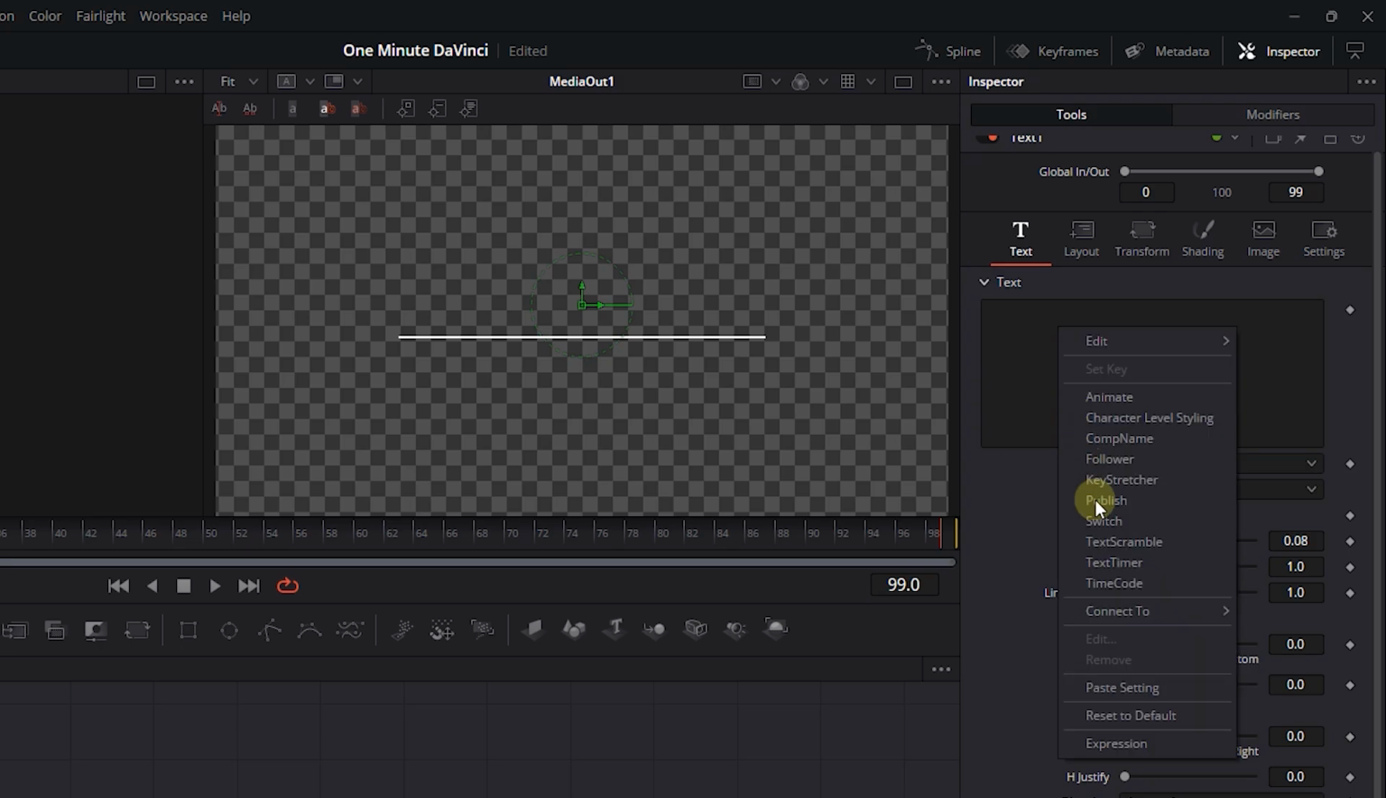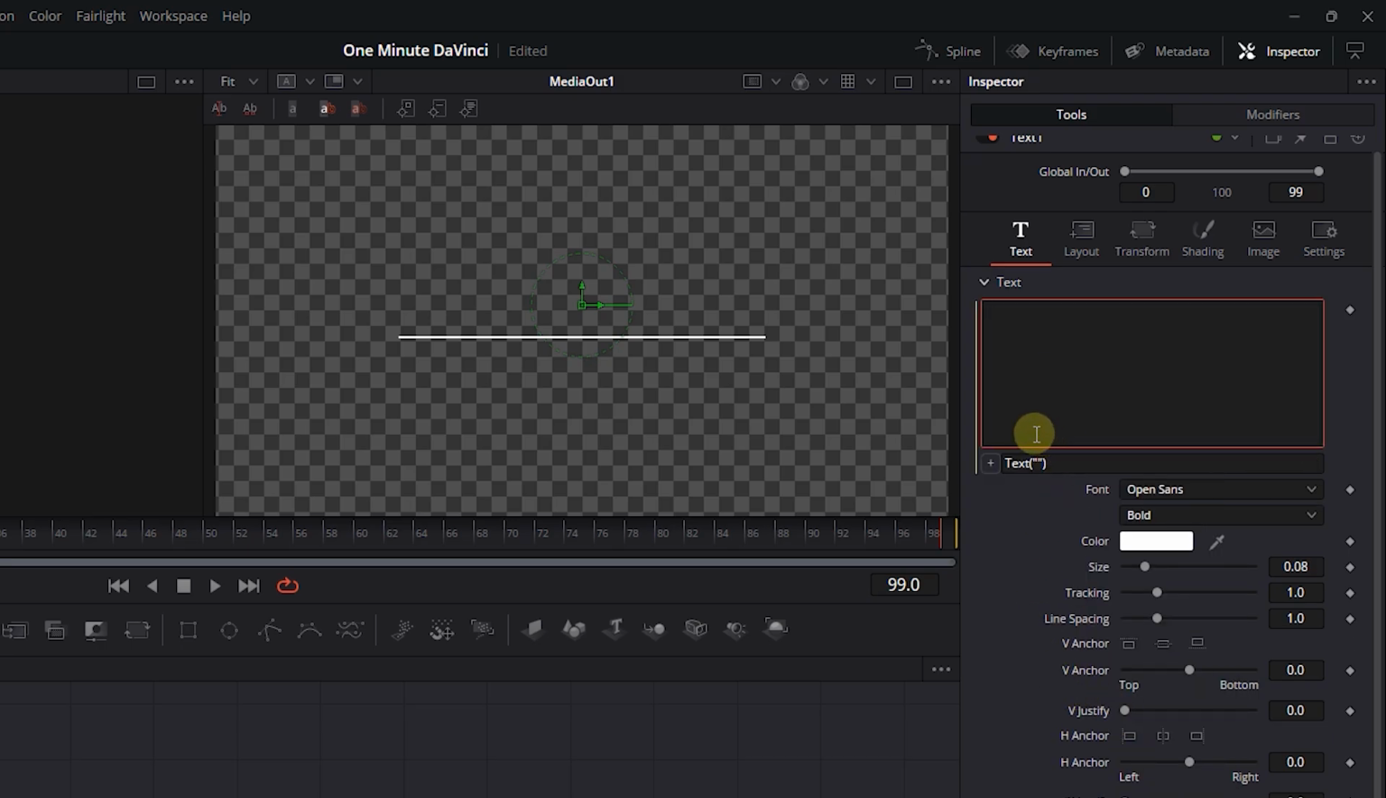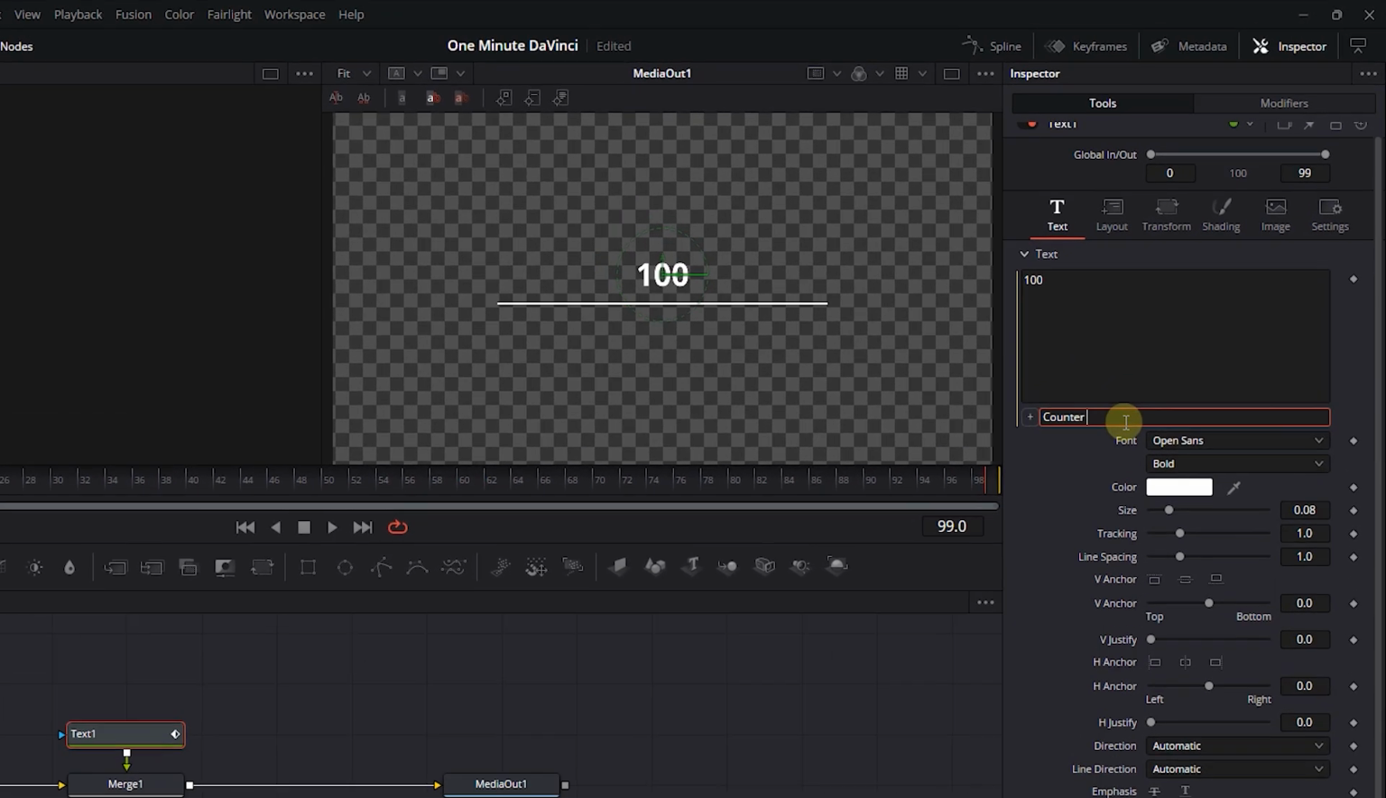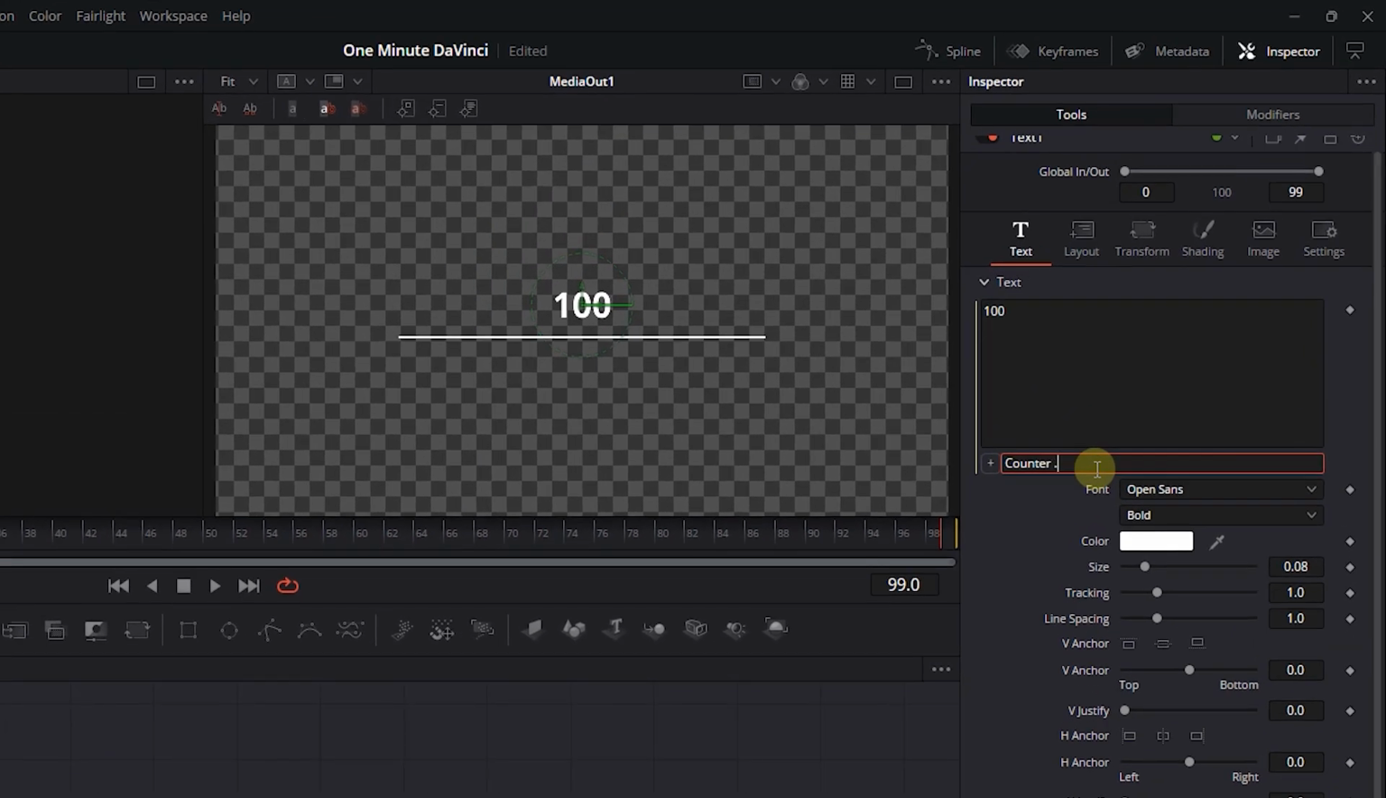Right-click on the text area and choose Expression. Connect this plus button to the counter property. In the expression text box, after counter press spacebar, 2 dots, spacebar again, and type the text you want in